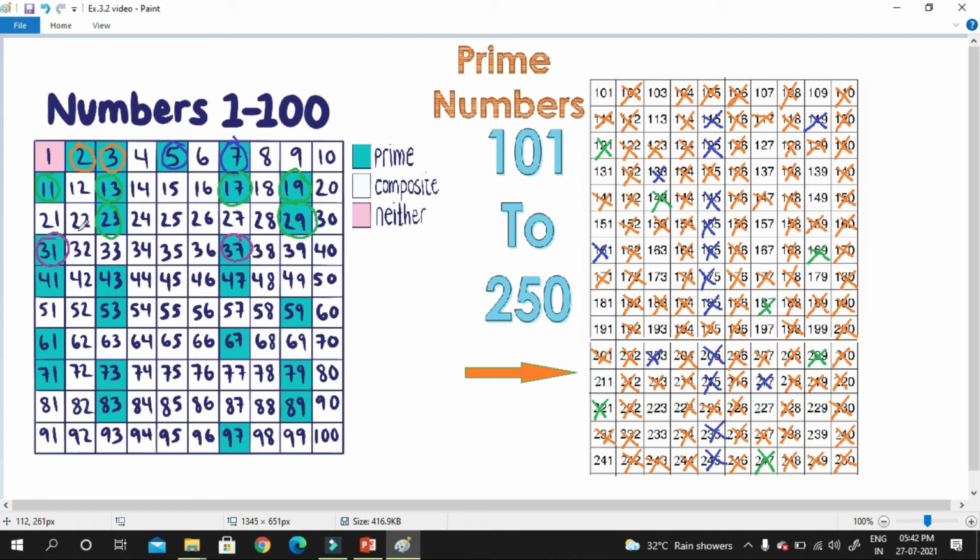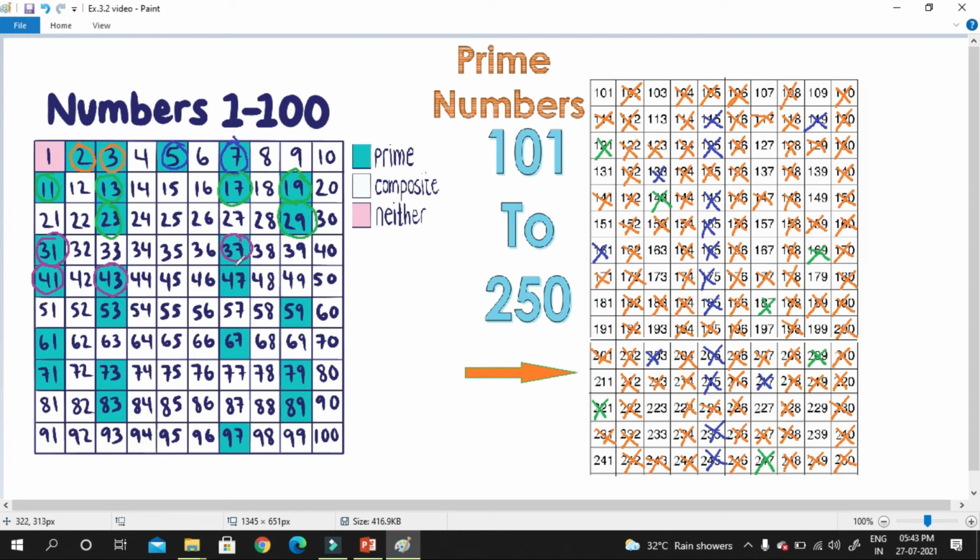Next number is 41. So multiples of 41 are 123 already done, 164 already done, 205 already done, and 246 already done. Next number is 43. Multiples of 43 are 129 already cut down, 172 already done, 215 already done.